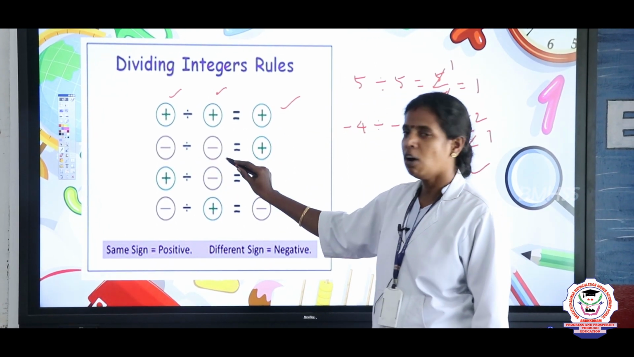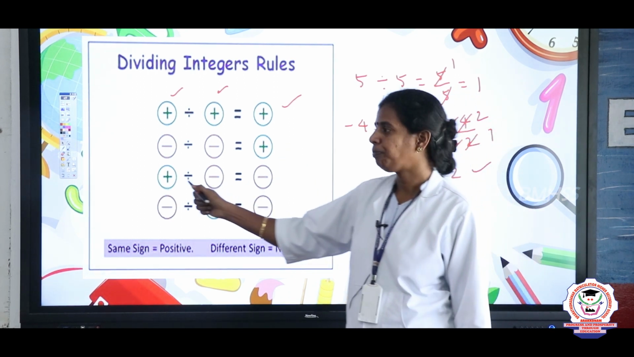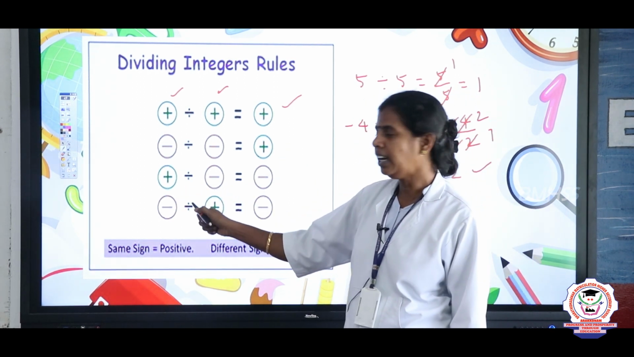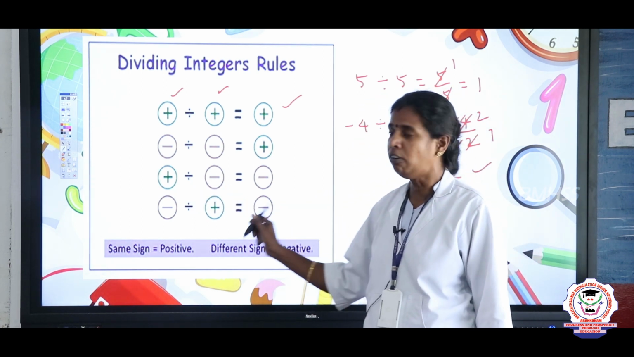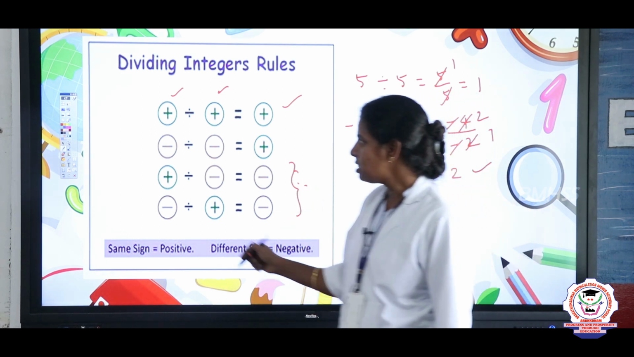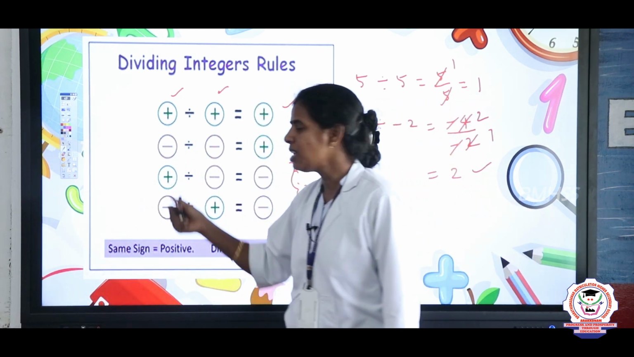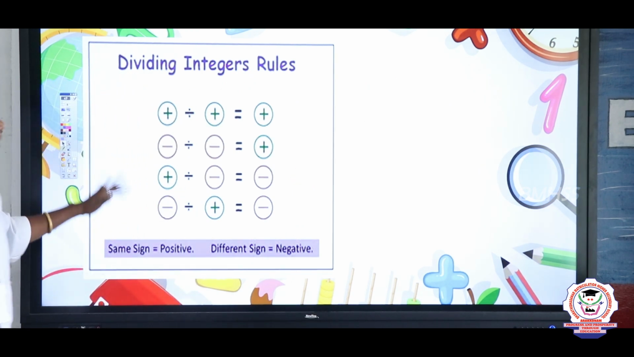When both the signs are negative also, the answer will be positive in division. If the dividend and divisor are of opposite signs, that is, positive and negative, the answer will be negative. So, using these division rules, we will see some example problems. See, the examples are